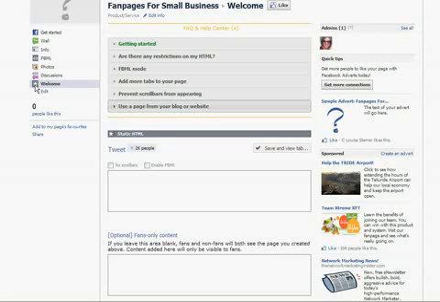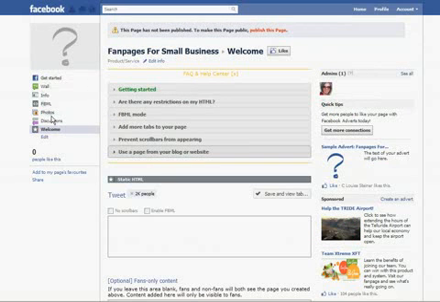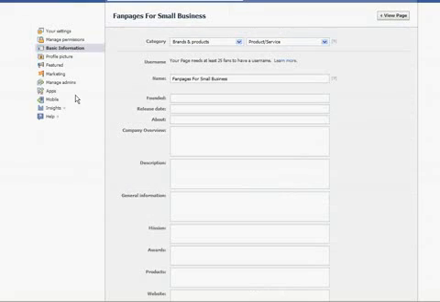Also, this little star icon is going to be interchangeable at some stage in the future. Again, the developers are working on that application as we speak, so it will be possible to customize that little star. But in order to change the text on here, it's no different to if we want to change the text on any other of our tabs. We simply head over to Edit Information